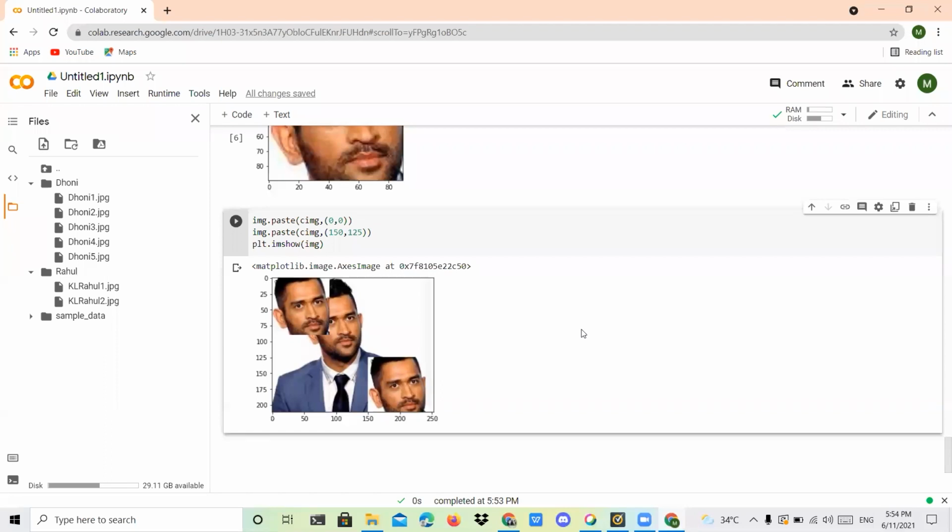Okay, next I'm going to load all the images into some variables. All our images, 5 images I am having now, along with Rahul, so totally 7 images I'm having. I'm going to load them into some other variable. After that, the first step of comparison is you have to load your image into a variable.